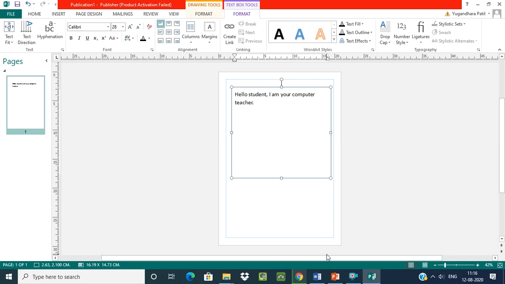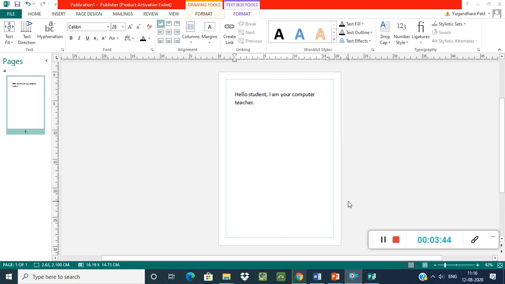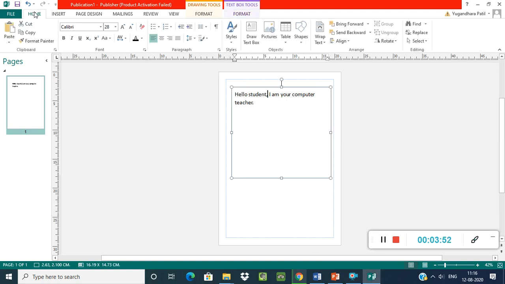Okay, likewise you have to type here. Now all of you know how to type here. First you need to draw a text box from the Home tab, and see, Object group, draw text box, drag and draw the text box here, and after that type what you want here. Okay, after typing, next is formatting text.